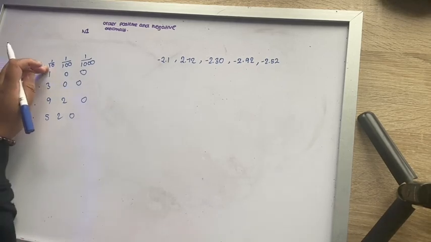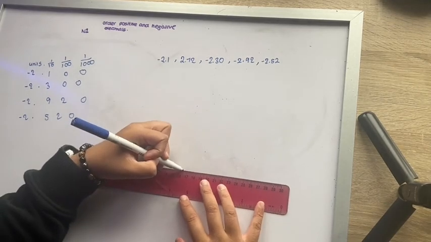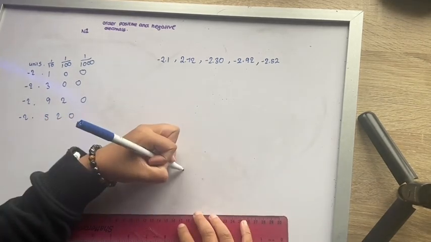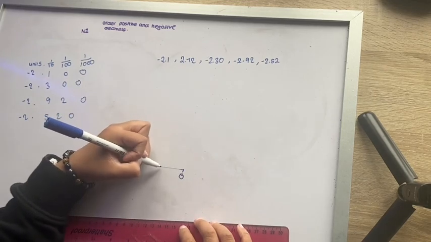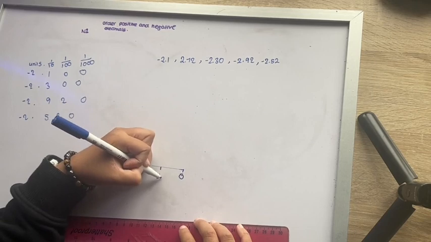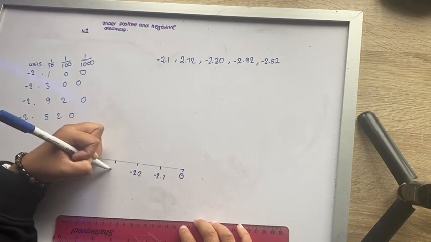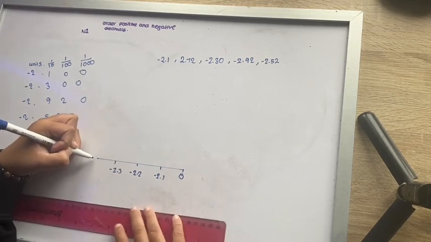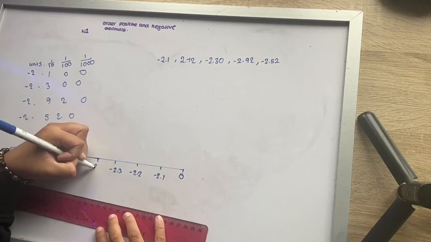And there's obviously one problem that we didn't have last time that we have now, which is the fact that it's negative. So if I was to put this in a number line, we're going to have 0. So I'll put the 0 there. We'll have minus 2.1, minus 2.2, minus 2.3, minus 2.4,